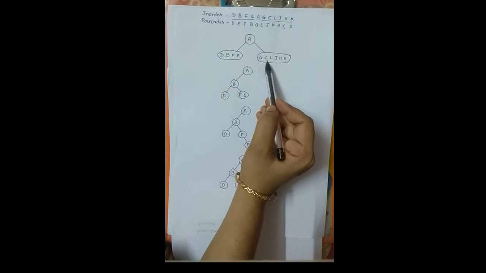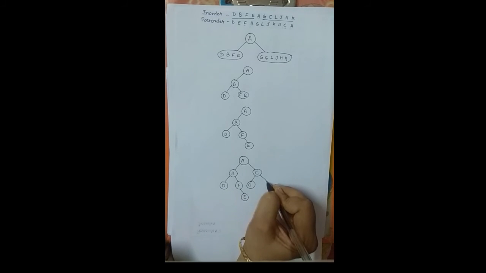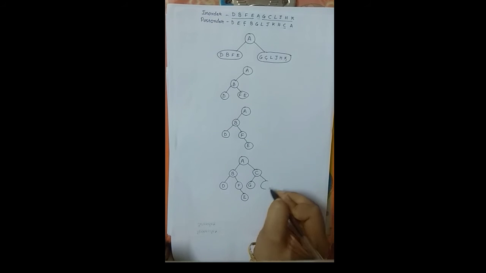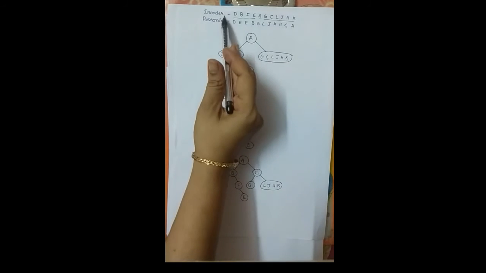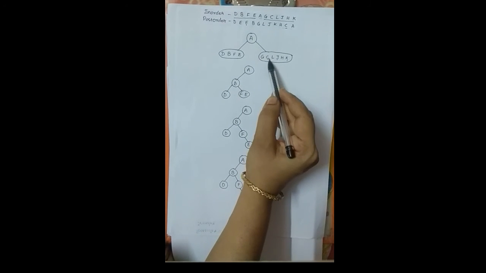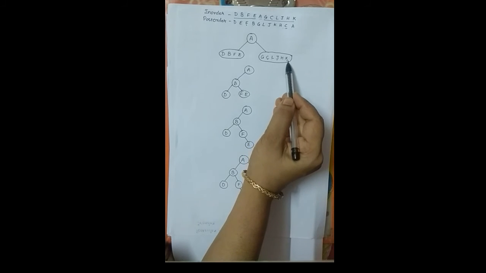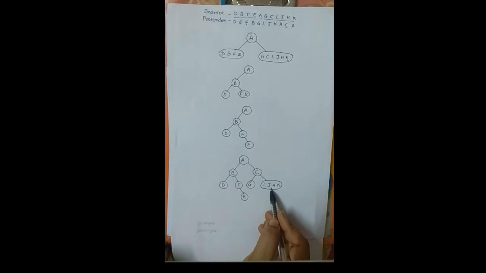Now let us locate it inside our in order sequence, which we have already copied. On the left of C, we have got only one value G. So G becomes the left child. Whereas on the right of C, we have got the 4 values. So we will copy those 4 values over here as it is. Further, in a next step, we will expand this. I am just copying L, J, H and K. These are the values copied from in order. So on the right of C, I have L, J, H and K, which I have copied over here.